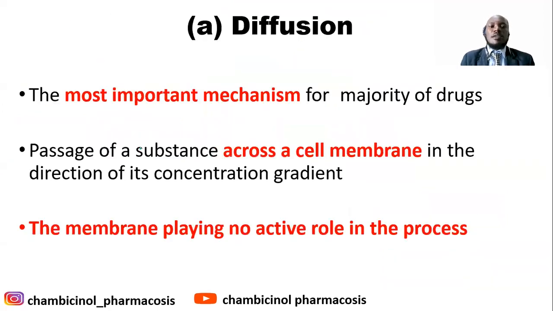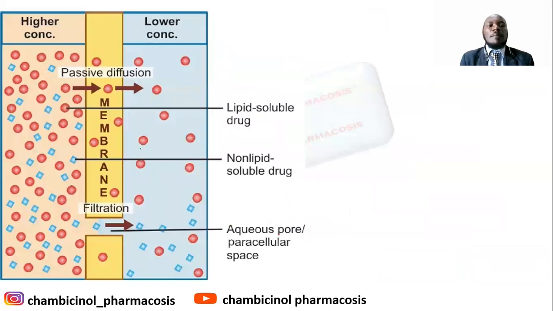So let's see the diffusion, which is the passive diffusion. This is the most common method for the transportation of the drug. The drug will transport across the biological membrane in the direction of the concentration gradient. So here the transportation of the drug will be from the higher concentration to the low concentration. No energy is needed for this process, as we have seen, the passive diffusion, the first mechanism here, whereby the